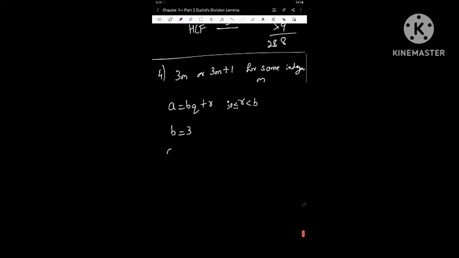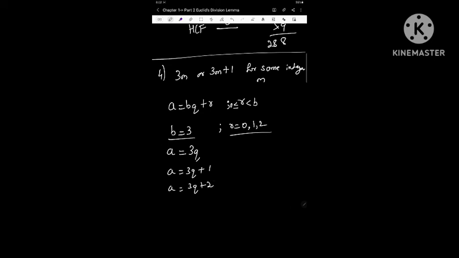So if we start this, then we'll get a equals, and for that r will be 0, 1, 2. And now if we write Euclid's division lemma for these conditions, we'll get a equals 3q for r equals 0, a equals 3q plus 1 for r equals 1, a equals 3q plus 2 for